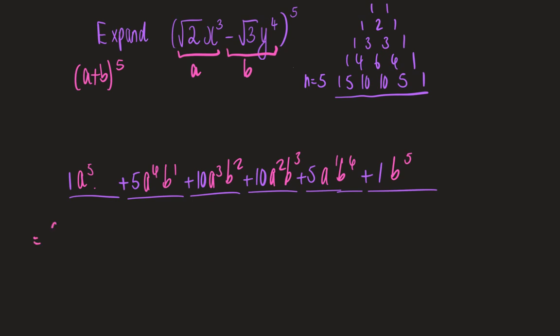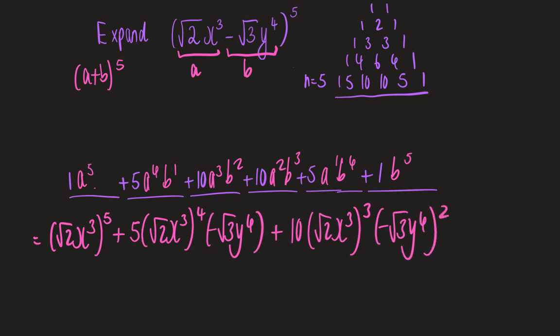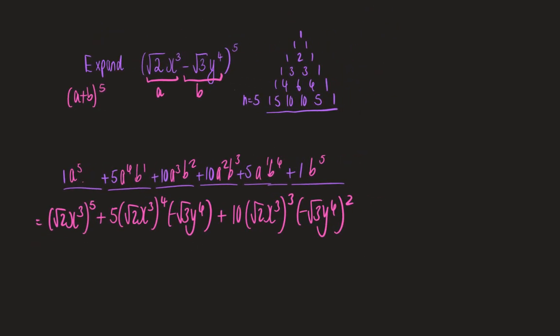So we've got A to the power of 5 plus 5 times A to the power of 4 times B plus, I'm up to my third term now, 10 times A cubed and B squared, that's my fourth term, plus